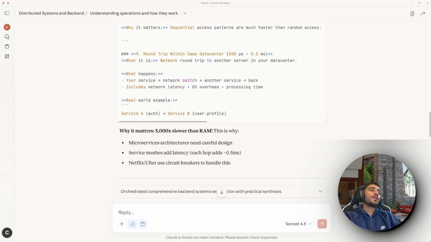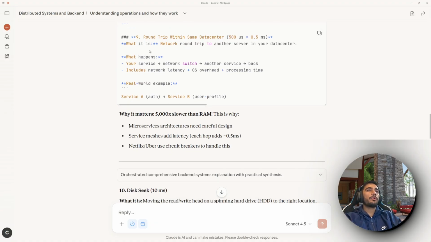But anyways, the example here is that when service A has the auth and determines that auth is successful, it calls service B. Now service B might have its own containers deployed on a cluster. The request goes to a load balancer, gets redirected to a server based on the load balancer policy, then the user profile details that need to be rendered are fetched, then that API or resource is called, and then it is sent back over the network.